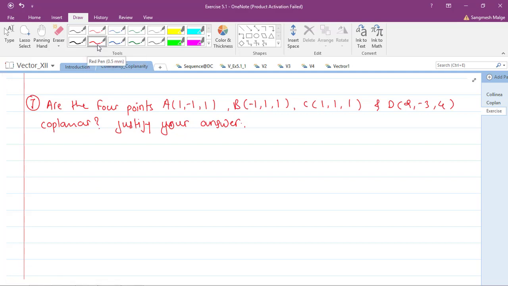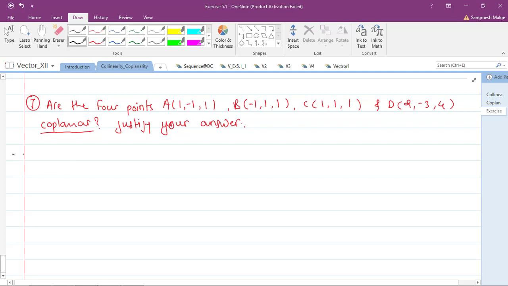So what we have to do in this case is verify whether these given 4 points are coplanar or not. I hope you remember that summary, the 4 important points I have already given in the last class. Those points are the condition for collinearity and the coplanarity. Here they are asking for the coplanar. What is the condition for coplanar? If one vector is a linear combination of other two vectors, then we say the vectors are coplanar vectors.